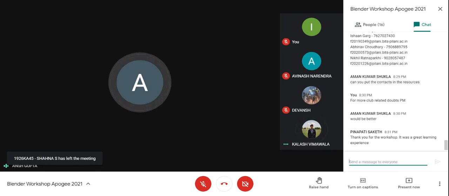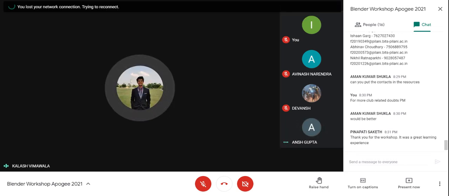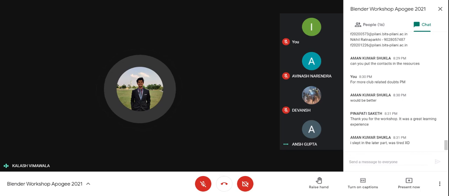Yeah, I have a doubt. When you said you can render audio in that, what is meant by you can render audio? So rendering audio means that if you have added any MP3 file in the scene itself, you can render that along with the video. So whenever you're rendering a video, the audio will be a part of that video.